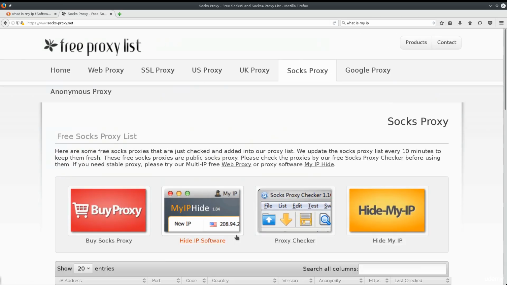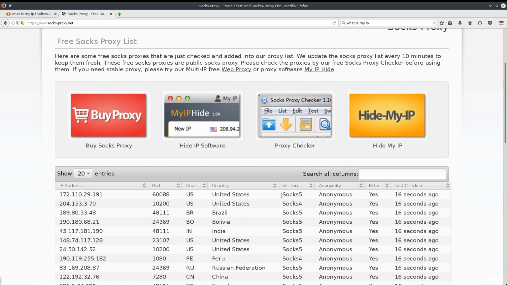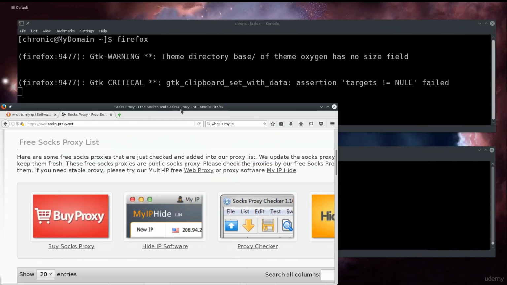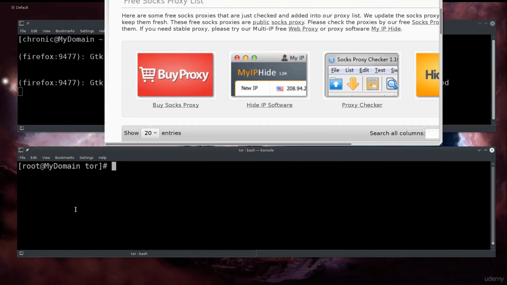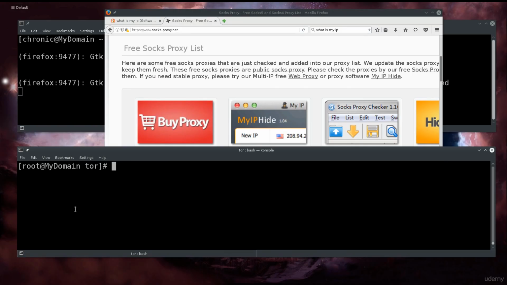Okay, so let's have a look at here. SOCKS 5. Okay, I'm gonna go ahead and use these. SOCKS 4. Oh well. Okay, so now that we have this page opened up, we can go ahead and start installing the tools that